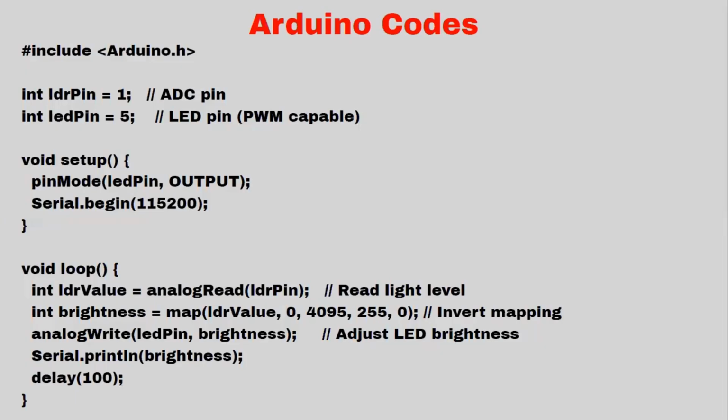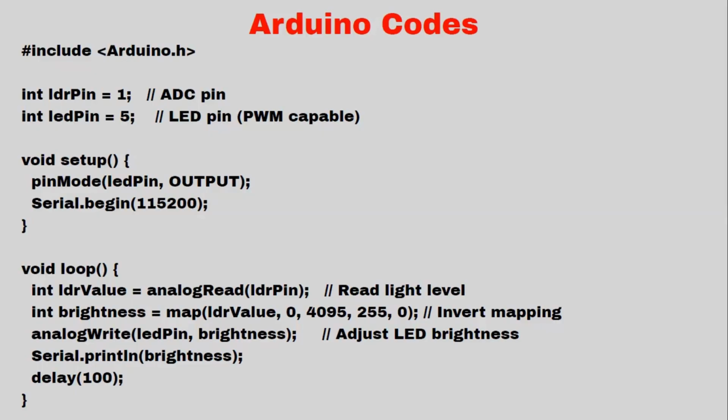So the LDR pin and LED pin have been defined here. LED pin 5 should have PWM capability. In setup, you have the pin modes and Serial.begin at 115200. Why? Because it's an ESP32 we are using. So please remember, when you are using a Wi-Fi related board, you go for